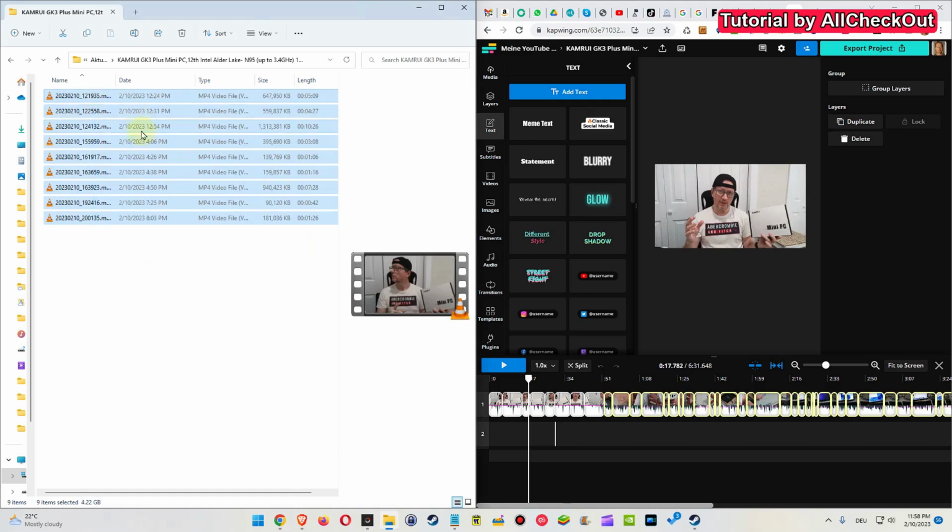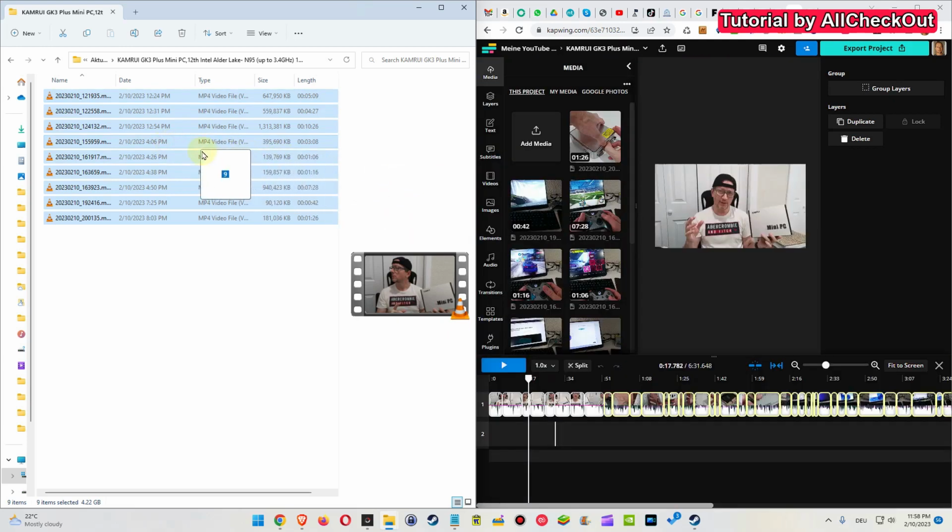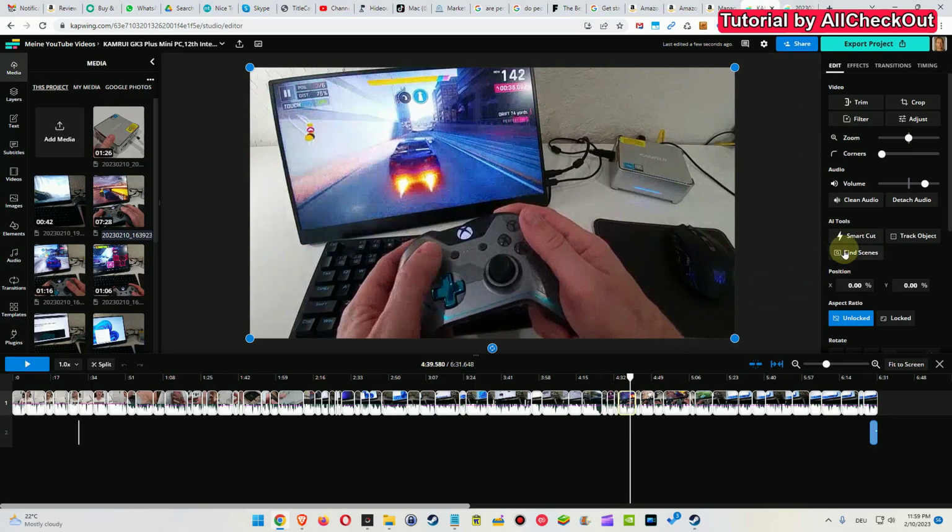And so when you mark everything here on the Windows File Explorer and drag it to the right side here and upload it to a new, empty project, it doesn't matter if you just drag it here or drag it to the timeline directly, the editor will totally freak out. It will take hours till you see anything usually, and even then usually everything is just gray. The audio will be gray, the video, like the preview, will be gray,